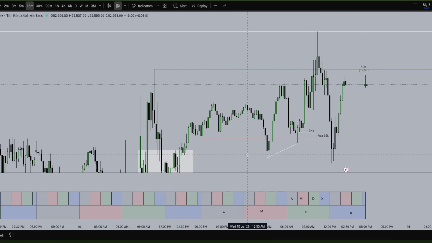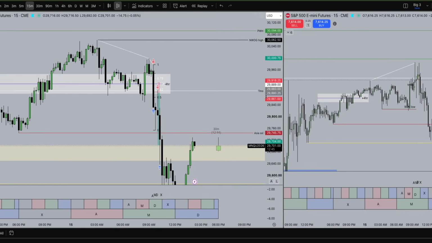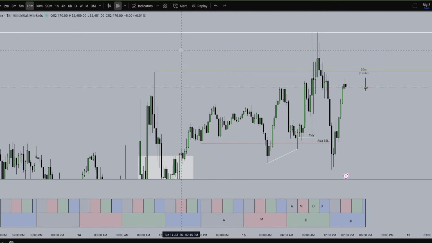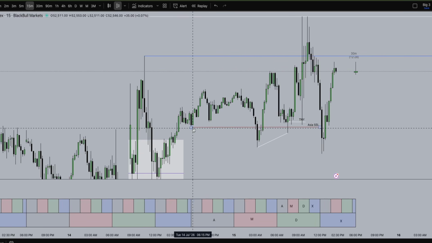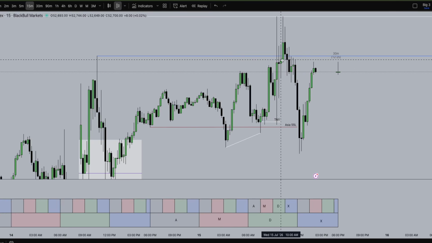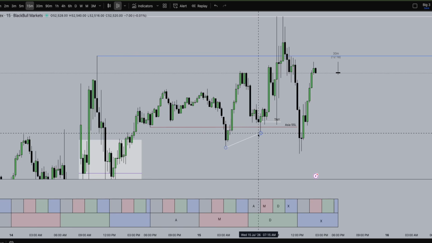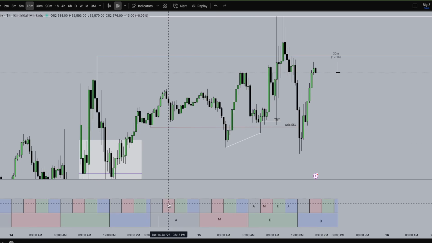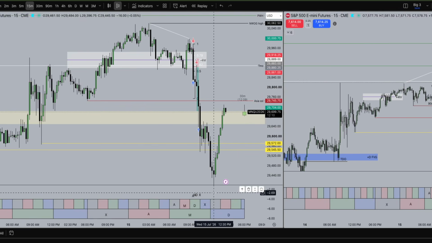You can see that on YM clearly that we set up accumulation, manipulate the low, distribute higher, and then expand into the range. But this played out very differently on ES and NQ. So using YM, I thought that AMDX was the cycles for the day because of how price action was looking. This is how it was looking, and you cannot just determine the cycles based on how PA looks. Even though this SMT is a daily cycle, it looks like AMDX, but in fact, ES and NQ were XAMD. That's how I read it.